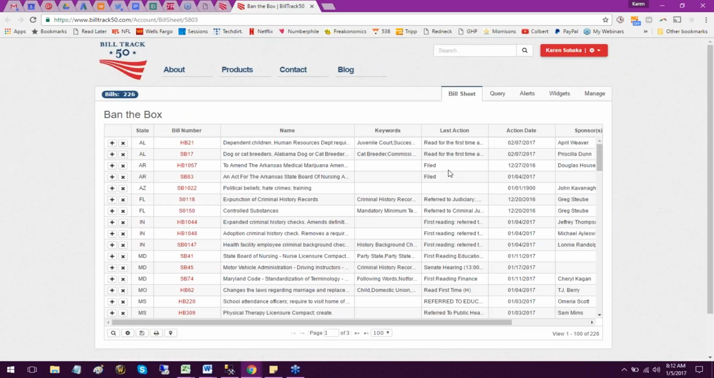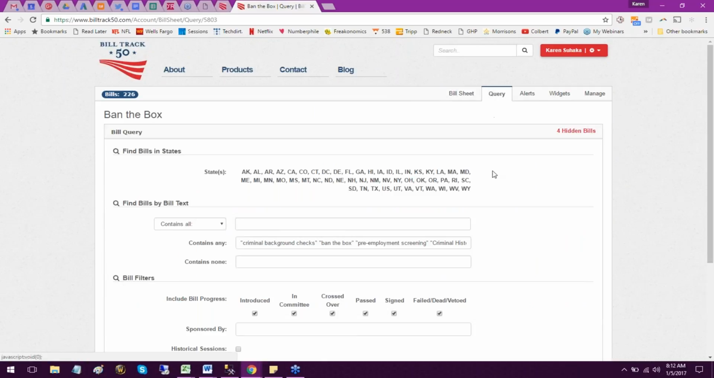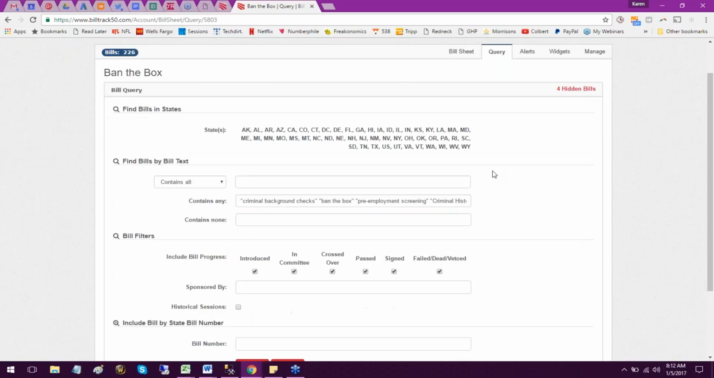Okay. So those are some general organizational ideas. If you're lucky enough that you're just doing, say, marijuana, and you can write a simple query with just a few words, count yourself as lucky. Okay, so now I've gone into an actual bill sheet so that we can look at some specifics about how to use